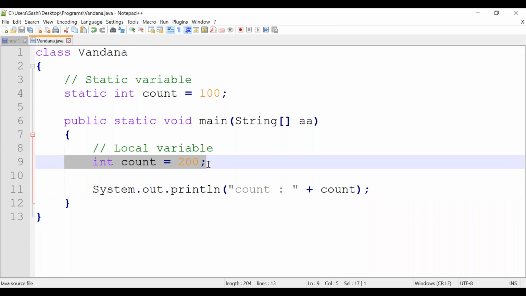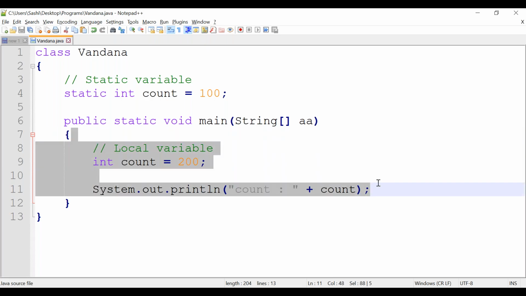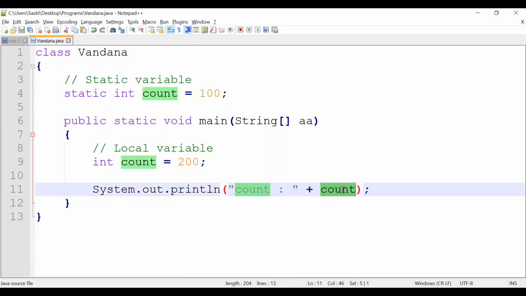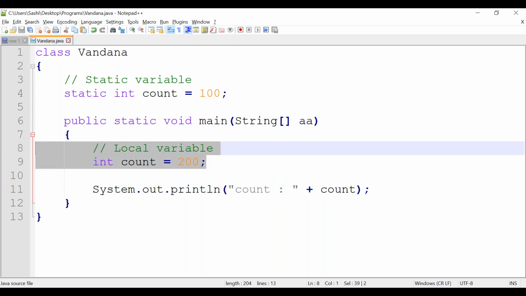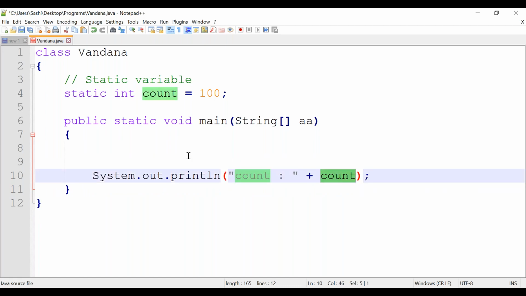What you are trying to understand is preference. Priority goes to the local variable first. The compiler compiles successfully, and when it comes to the JVM, it tries to see, is there any local variable? Yes. Then it makes use of the local variable. First preference goes to the local variable. You are getting my point? In case the local variable is not there, it checks, is there any local variable with the name count?